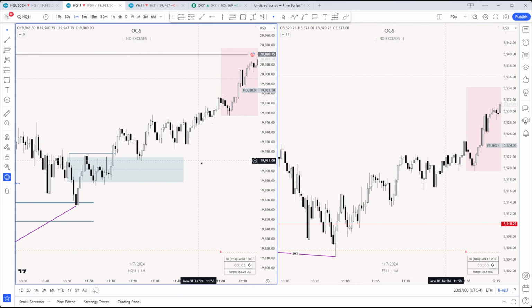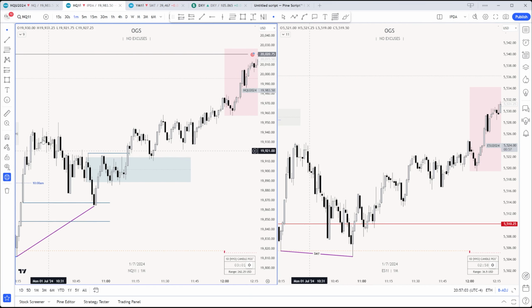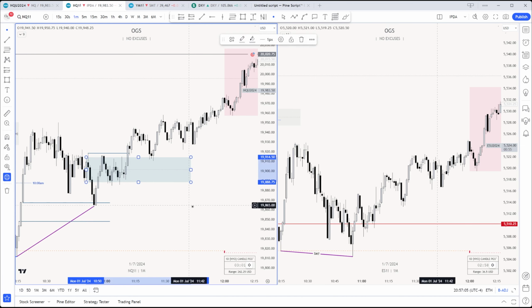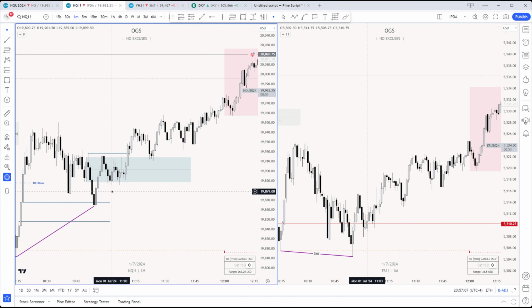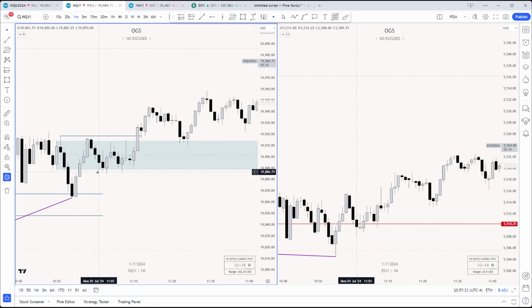Right? We had this breaker block formed. And yes, we had multiple breakers to the left, but I am always concentrating on the first breaker that was formed. And if we look short term, I'm looking at these lows, by the way, there is no short term SMT here aside from this. This specific. But we had swing low into swing high with no bullish candle, which means that this is a